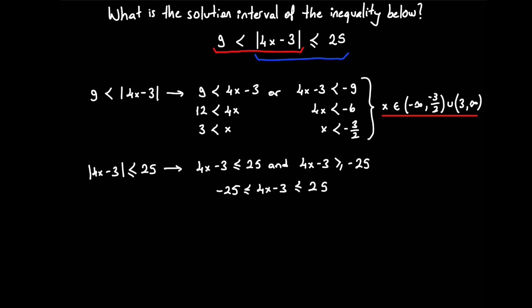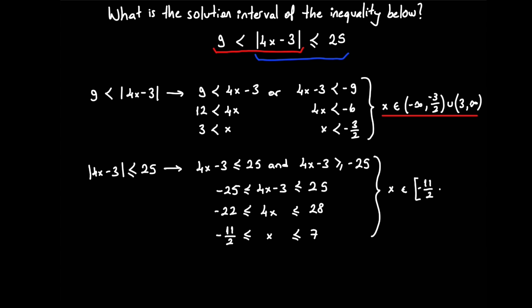Then I will add 3 to all sides of this inequality and I will have 4x in the middle. On the left I will have minus 22 and on the right I will have 28. Then I will divide all sides by 4 and I will have x in the middle, and on the left hand side I will have minus 22 over 4, which is minus 11 over 2. And on the right hand side of the inequality, I will have 28 over 4, which is 7. So from this one, I see that if x is between minus 11 over 2 and 7, then x satisfies